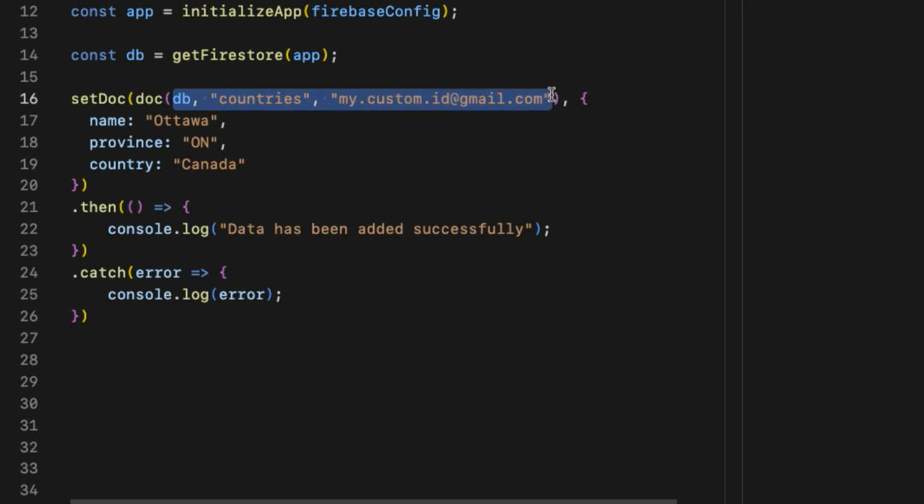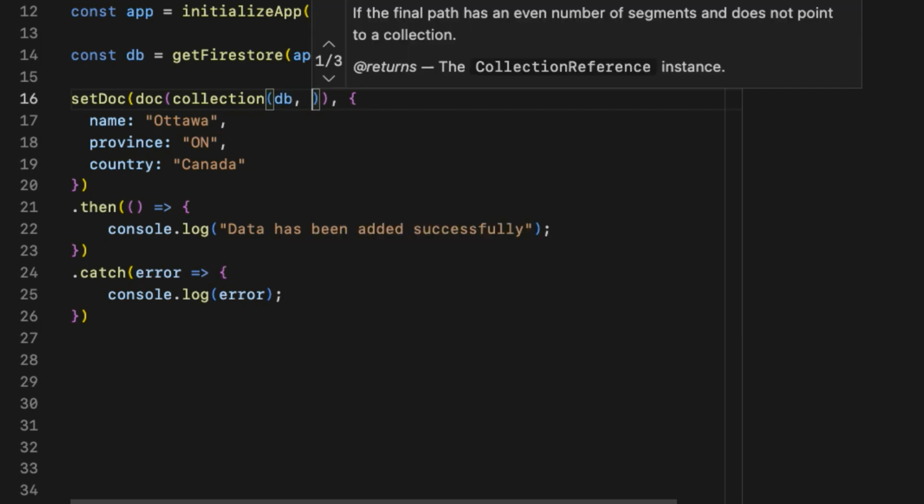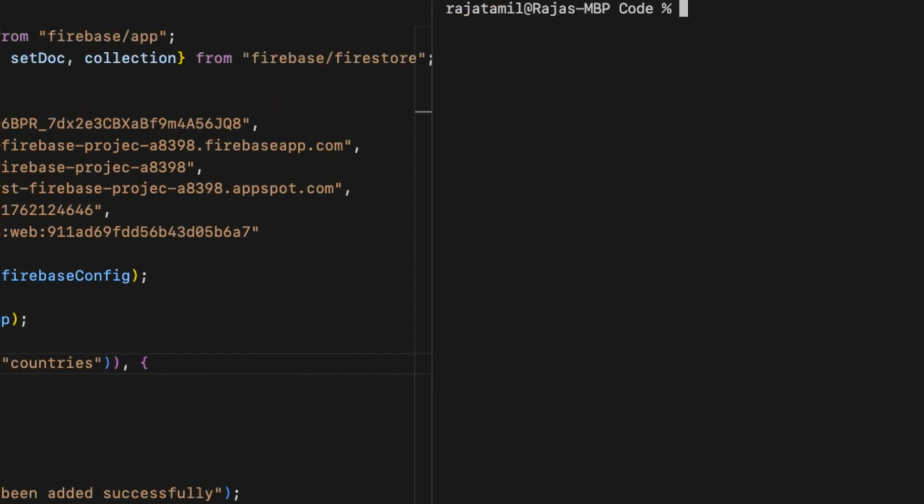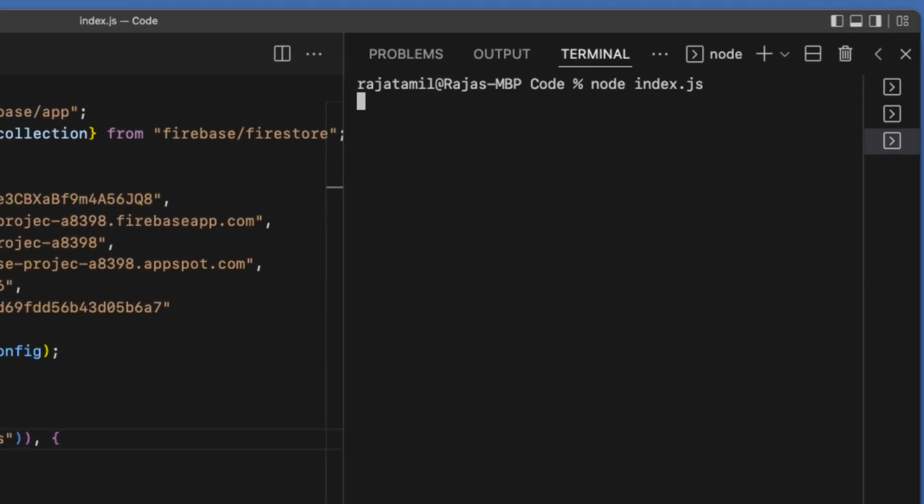In there, I'm going to pass database as well as the collection name. So get rid of the 3 arguments of the doc method, replace it with collection like so, and type db, comma, countries in quotes.